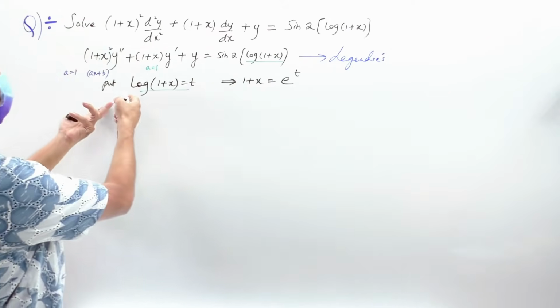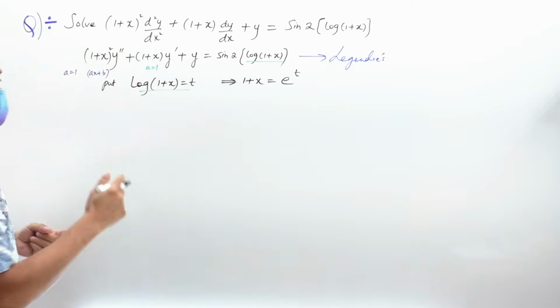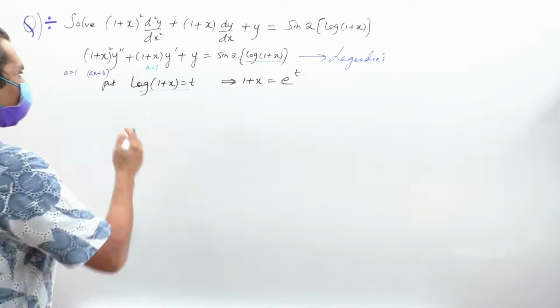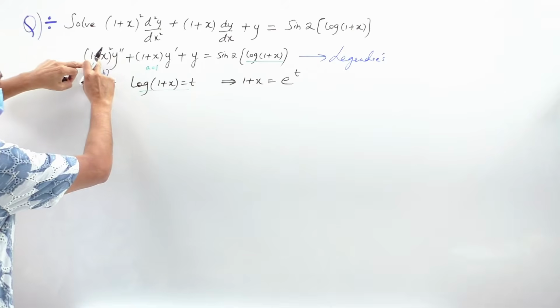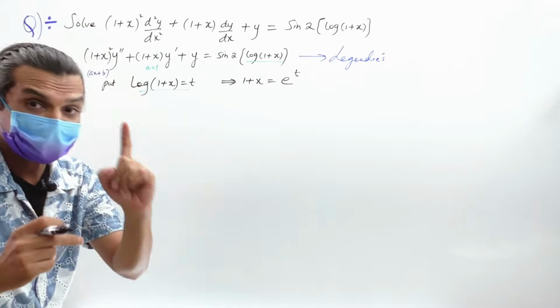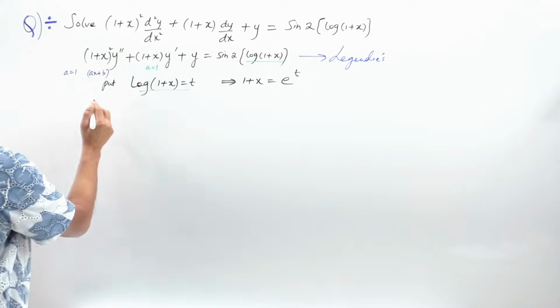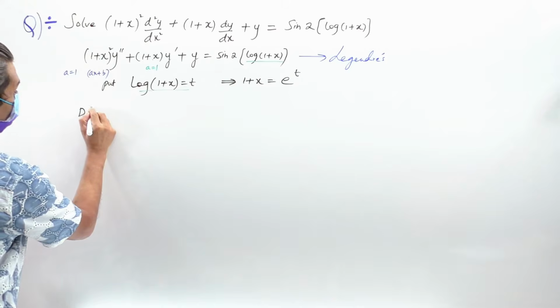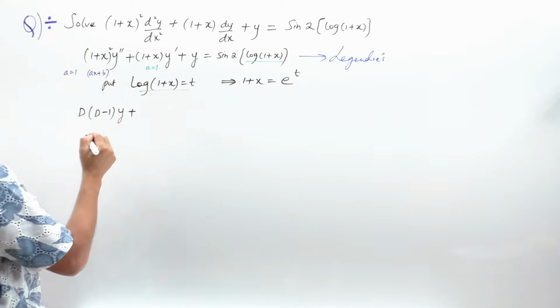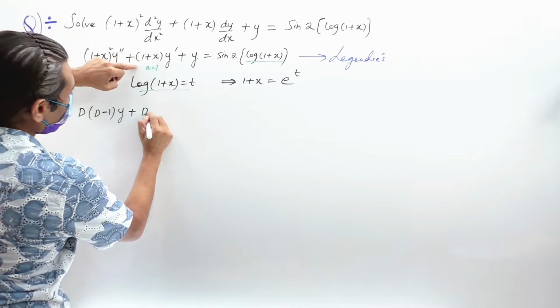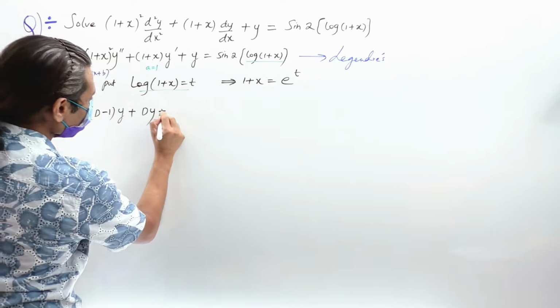So a is 1, 1 square is 1. If it was 1 plus 2x, then we would have written 4. So a is 1 here in this question. So 1 square d into d minus 1 into y plus dy, again a is 1, plus y